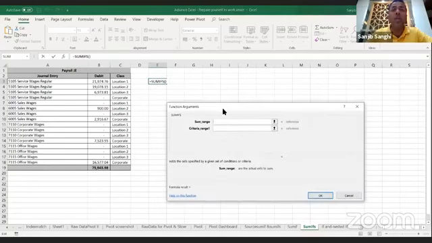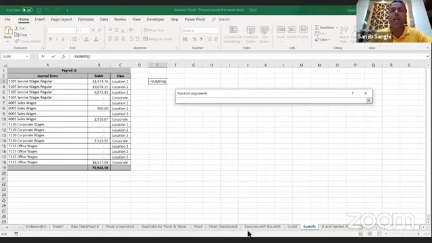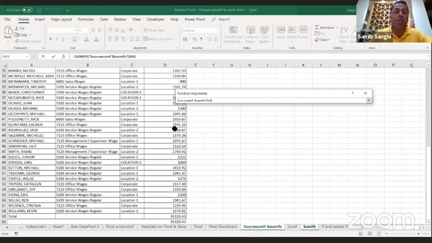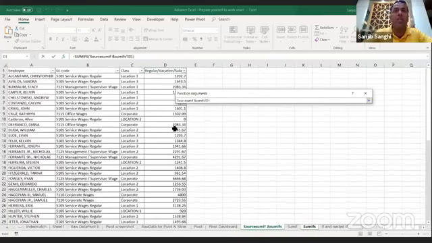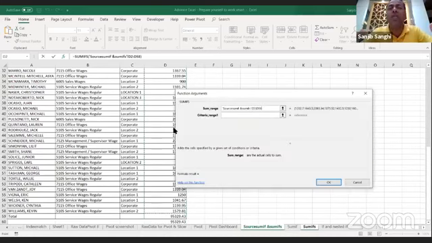Go to the function. Now, instead of a criteria range, it is first asking me the sum range. What am I going to add? All right, I'll go back here and my total is here. So I'll say this is my sum range. Fair enough. Come back. I'll take this as data, D2 to D15. We all know that. We have taken the sum range.